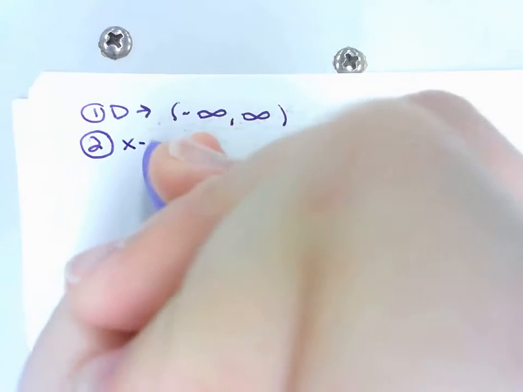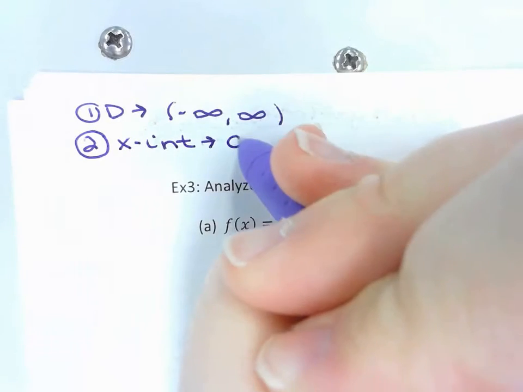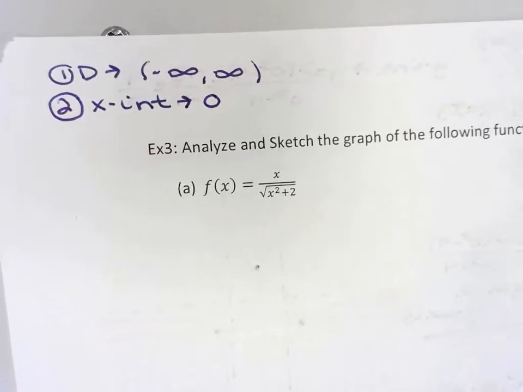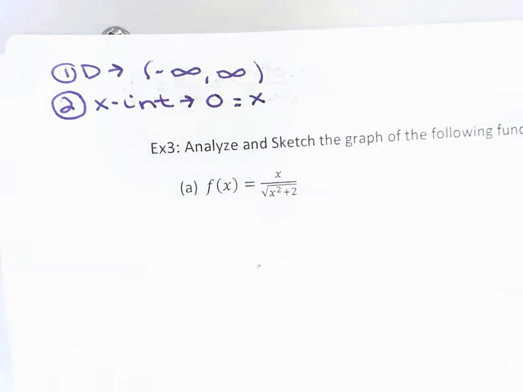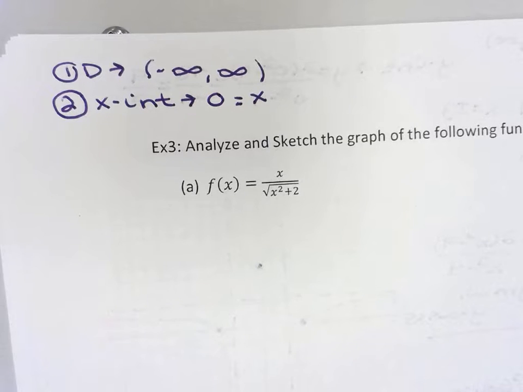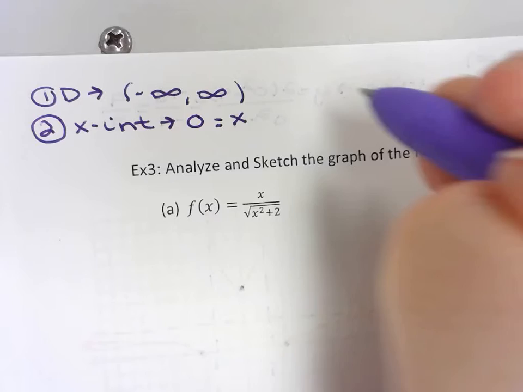So for the x-intercept, we're going to set y equal to 0, which means I really only worry about the top part. If I set a rational function equal to 0, the bottom is gone because you can multiply both sides by the denominator. So I just get 0 equals x. So my x-intercept is at 0. Not too bad. If I look at my y-intercept,